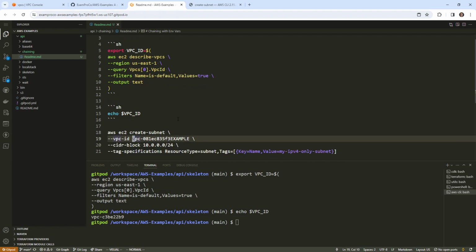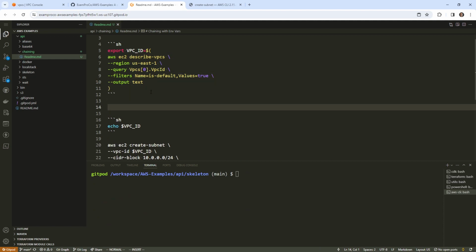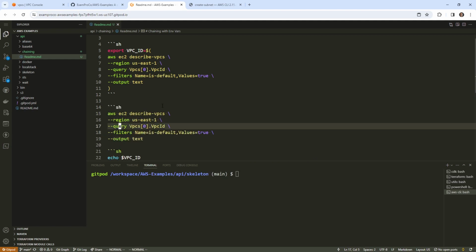And so here, now what we want to do is just apply the VPC ID. We have the CIDR block. So the CIDR block does matter, and it has to basically have the same IP address as the one up here. So this is a case where we might actually want to pull another value, which is grabbing the CIDR range. So what I'm going to do is go back up to here and grab this statement. And I actually just want to go down and say paste. And this one will be for grabbing that CIDR range. So we'll take out